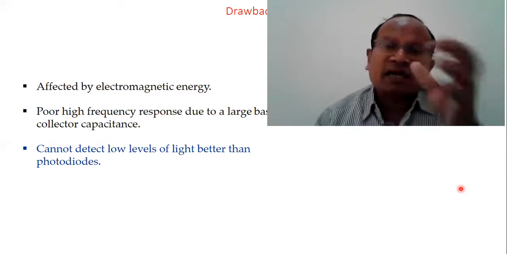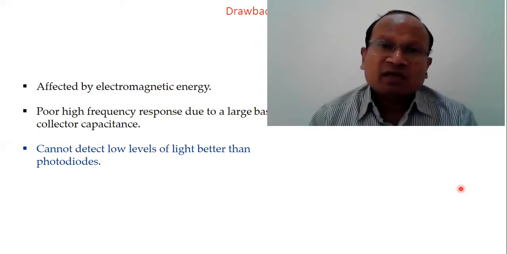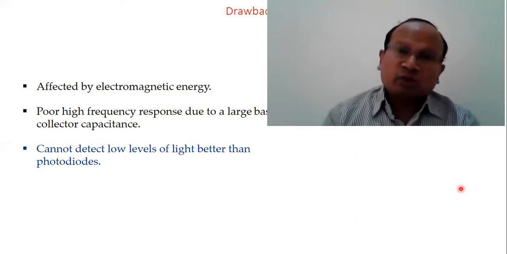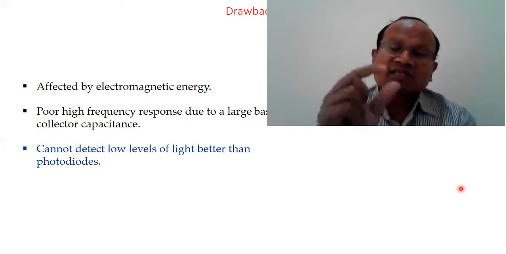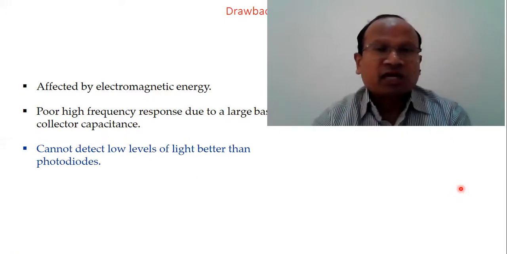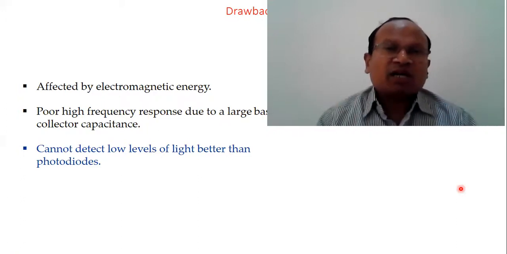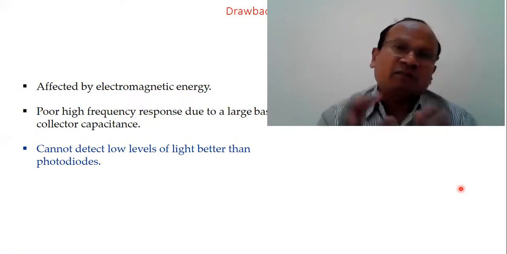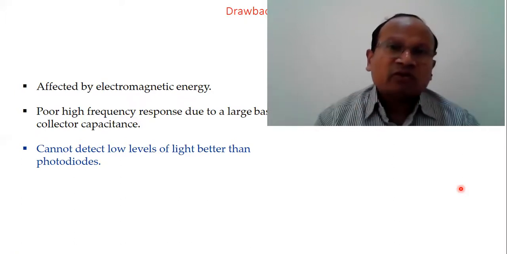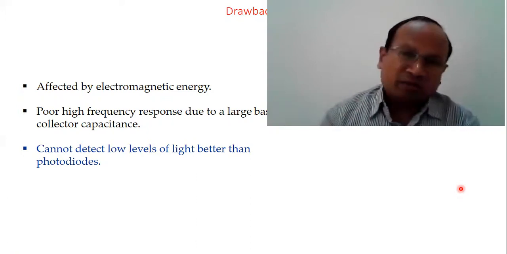called dark current. We can compare this with the ordinary PNP or NPN transistor, where we know that even though the collector base junction is reverse biased, still some reverse saturation current flows, and when temperature increases, that reverse saturation current increases. In a similar manner, dark current, even in the absence of light, is of small value, but if we increase the temperature, it also increases by some amount.